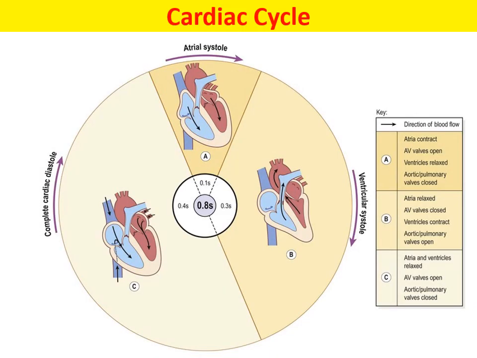This is another picture which depicts a cardiac cycle. In this case, you can see what happens. First is the atrial systole, meaning the atrium is contracting. When the atrium contracts, the blood will be pumped from the atria into the ventricles. Then is the ventricular systole, that means the ventricles are contracting. At that time, the blood is pumped from the ventricles, from the left ventricle into the aorta, and from the right ventricle it will go into the pulmonary artery. And after that, complete cardiac diastole, in which the refilling of the atria takes place.